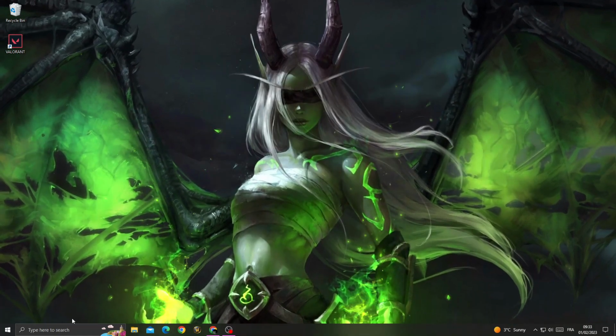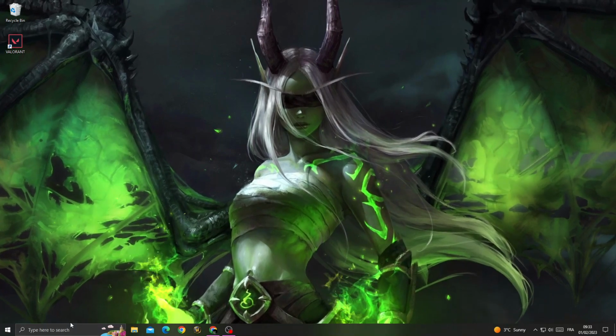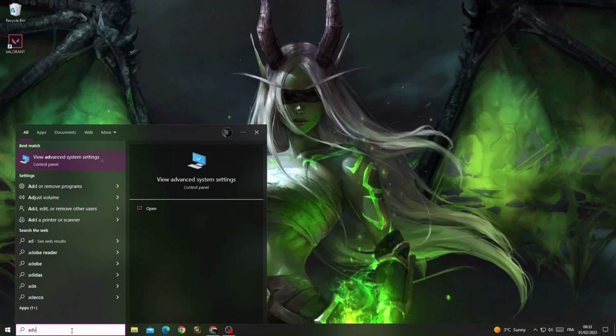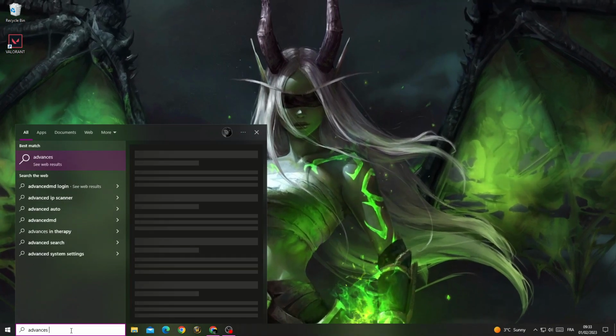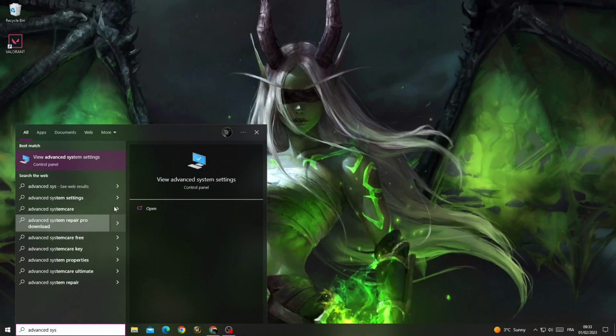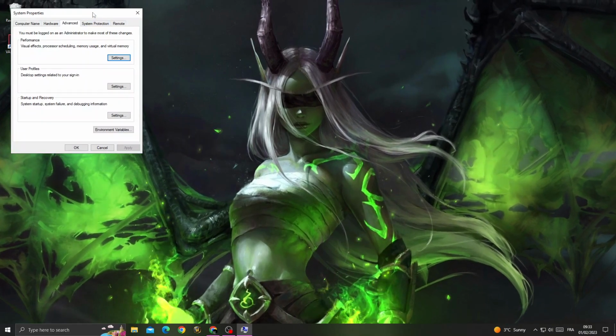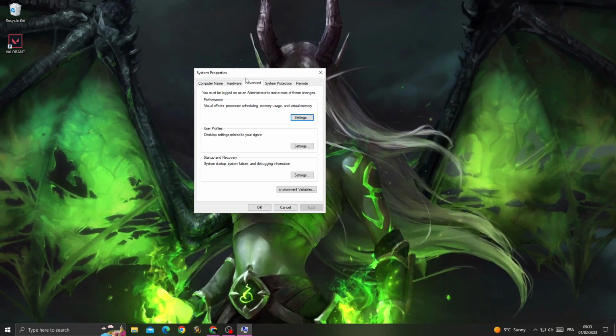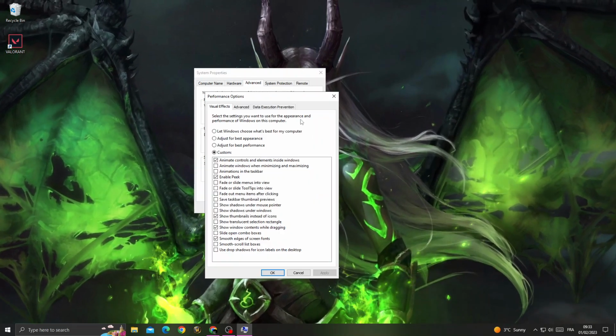Now after that, type here advanced system settings, and here we'll find it. Click on it. Now go to system, go to settings, I mean in advanced and performance, go to settings, and